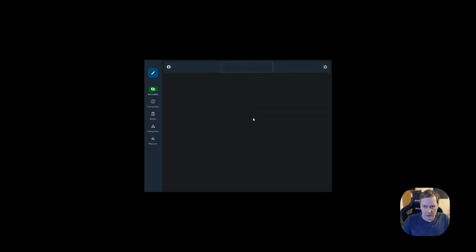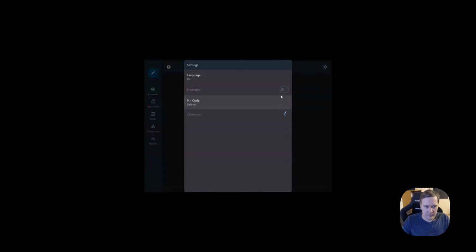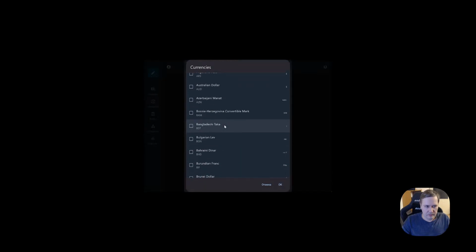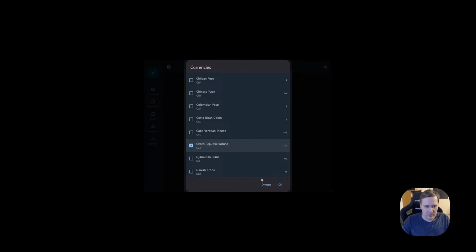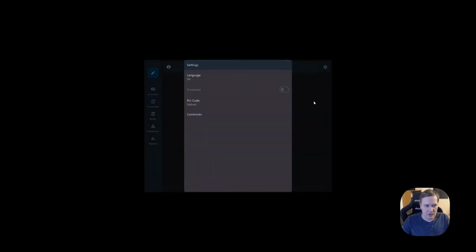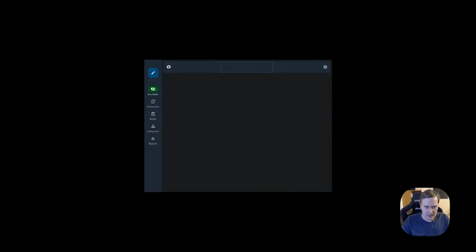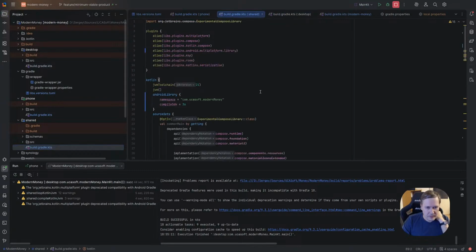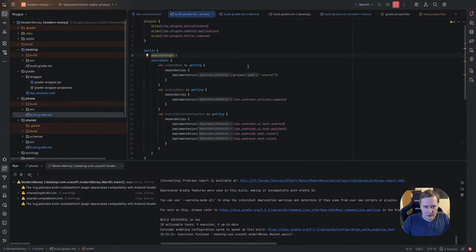It means our shared library is more or less good. Let's check our usage currencies. Okay, nice. So inside desktop, nothing is wrong. So shared phone doesn't work.